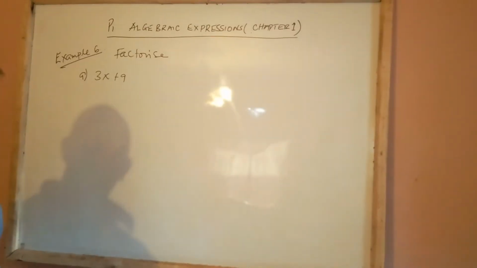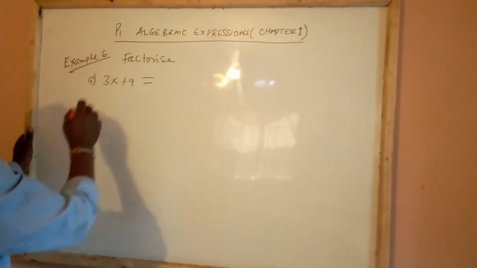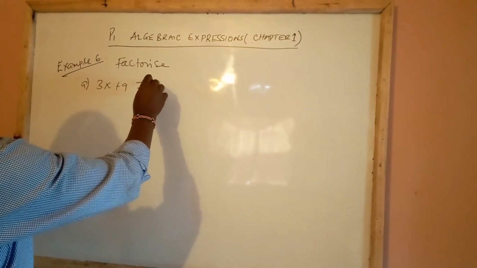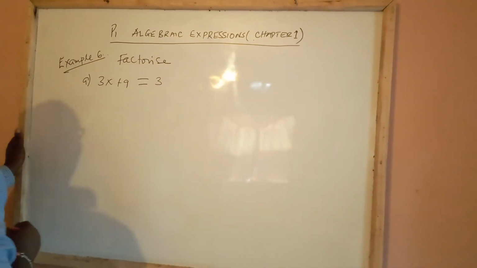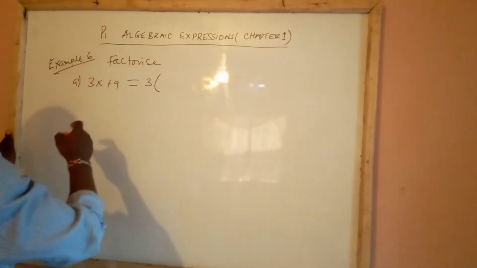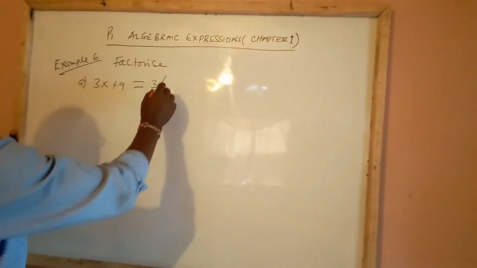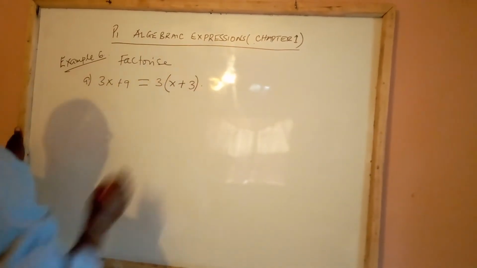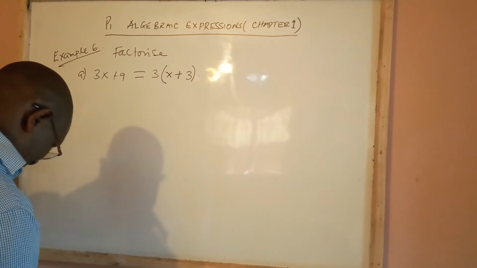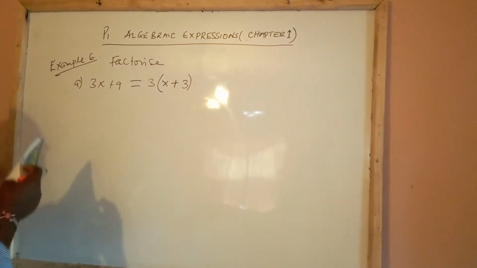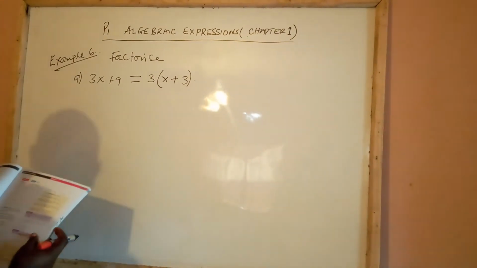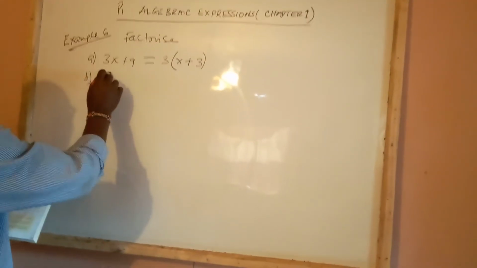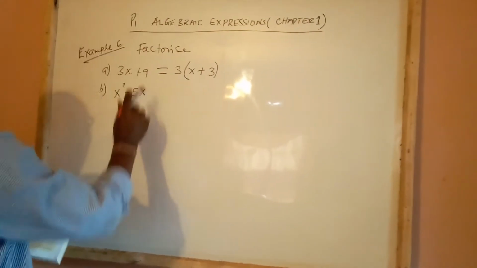In 3x plus 9, we just have to realize that 3 is common in both terms, and therefore 3 should be outside. Inside the bracket, 3x divided by 3 gives x, and 9 divided by 3 gives 3. That expression has been factorized completely. If you look at part B, which has x squared minus 5x,